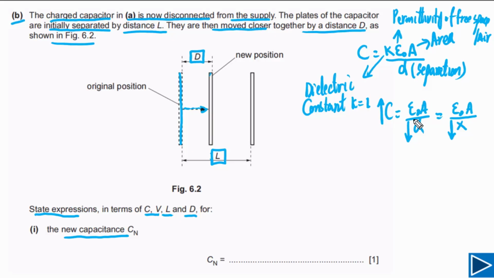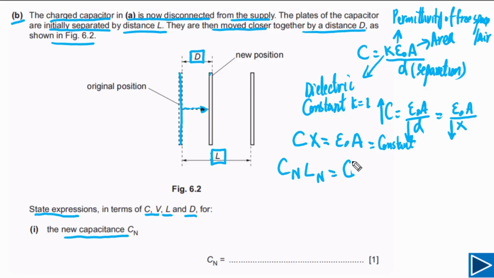Now, if you look at this equation, we can write Cx is equal to a constant, because epsilon naught, the medium between these two plates, is constant, and the area of the plates is also constant. Now we need to find the new capacitance. So we can say Cn, the new capacitance, times the distance between the plates, Ln, the new value of L,